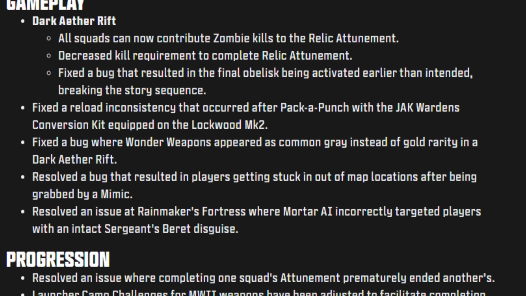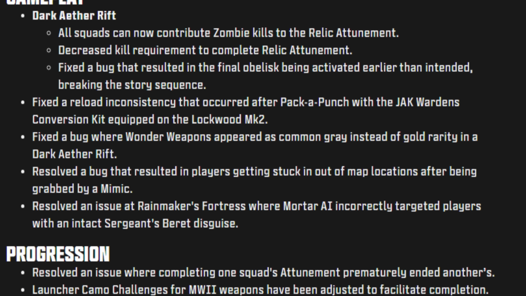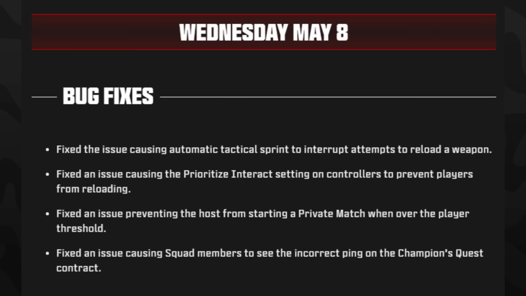Launching camo challenges for MW2 weapons have been adjusted to facilitate completion. Now we jump into the Warzone patch notes, which actually there's only a couple of them, and it says right here, bug fixes: fix an issue causing automatic tactical sprint to interrupt attempts to reload a weapon. So you can now change your setting back to automatic tac sprint if you had that on,